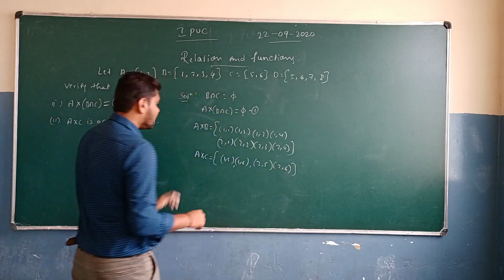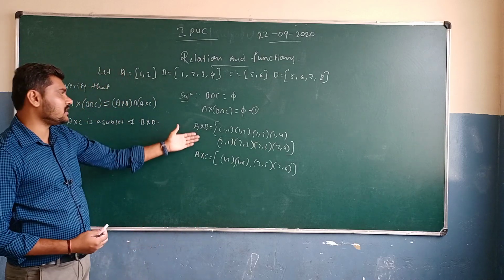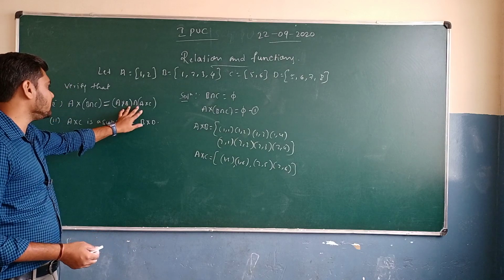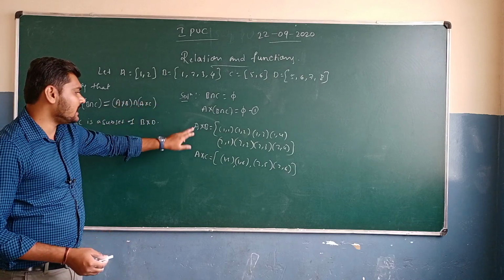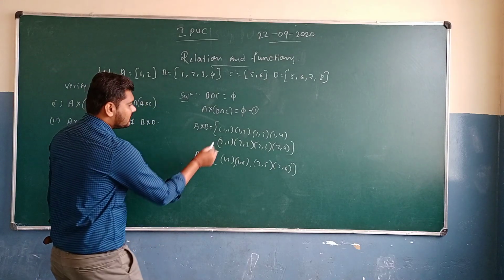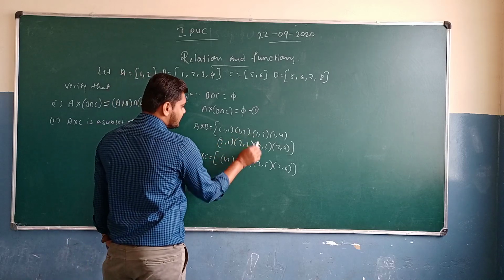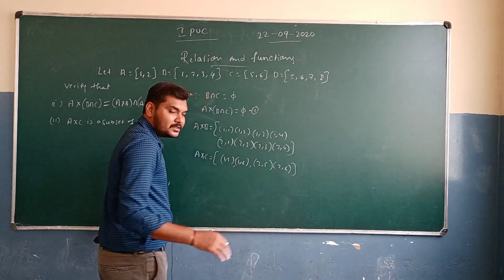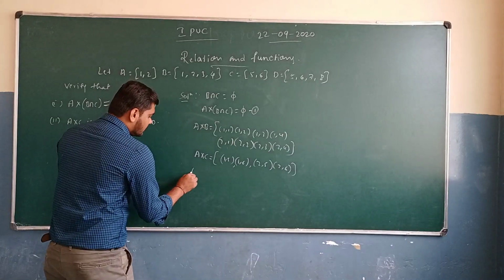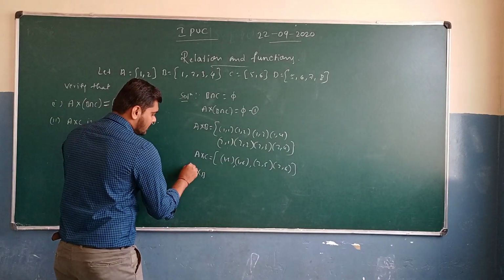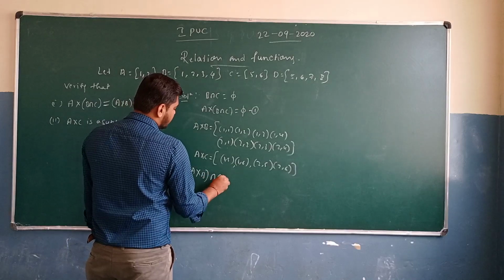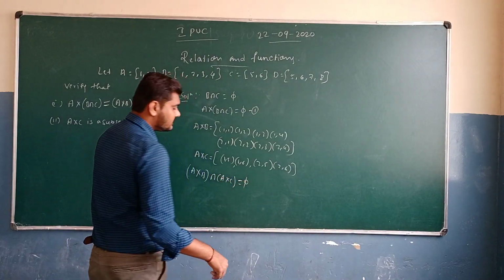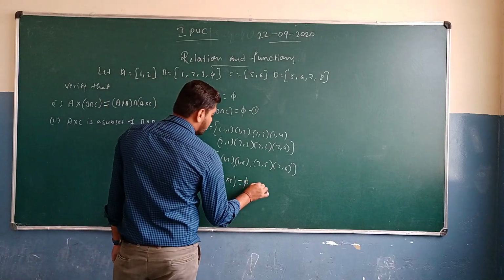Already I have mentioned that the Cartesian product is basically a set. So for the intersection between A × B and A × C, which elements are common? Is 1,1 there? No. 1,2? No. 1,3? No. 1,5? No. 2,1; 2,2; 2,3; 2,4, no. No element is common. So (A × B) ∩ (A × C) = φ. That's going to be equation number 2.